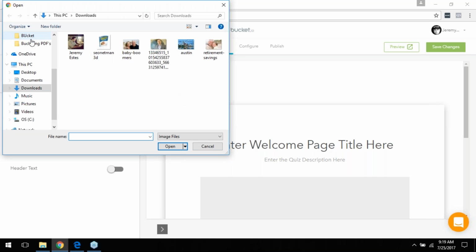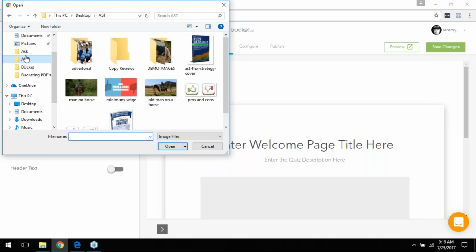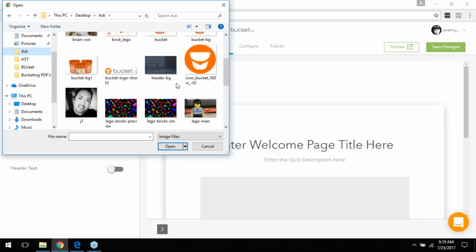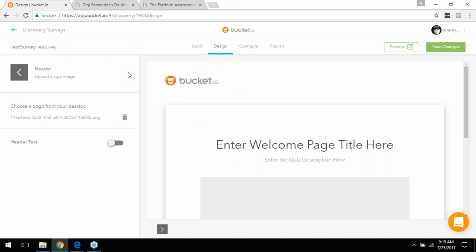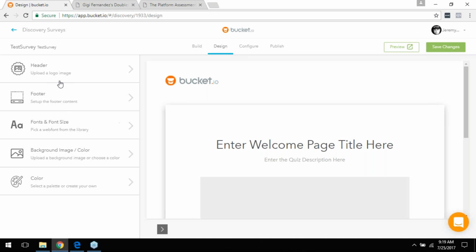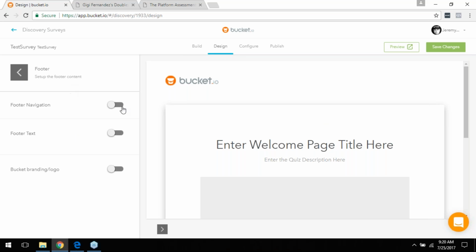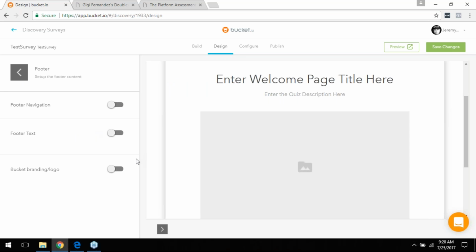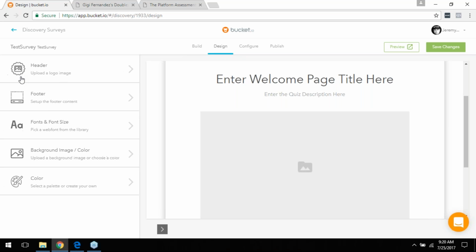You can add your logo to the top, and then what that'll do is your logo will be displayed throughout the entire survey. Then you go back, and you can also add background images. You can add footer navigation, footer text, and